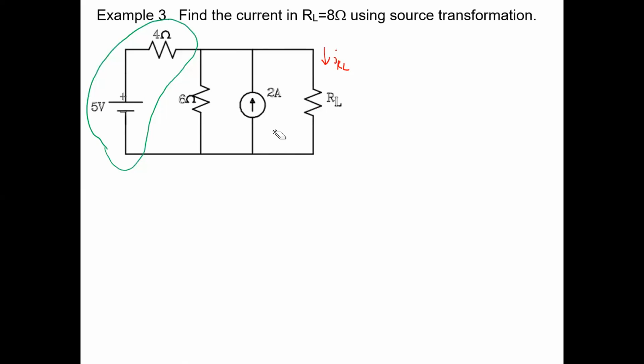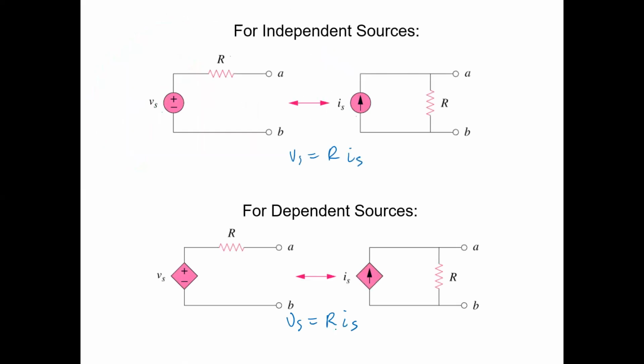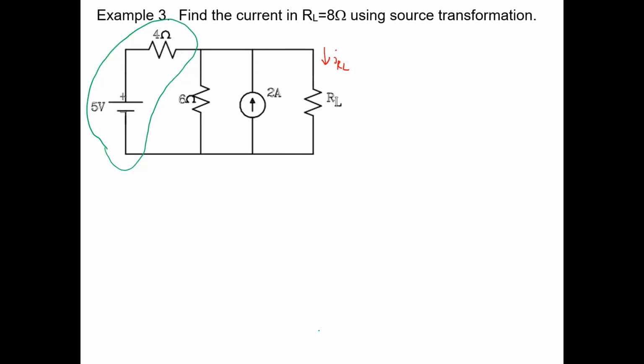But if you look at this, you can say, all right, this is a voltage source in series. So if I figure out, according to my formula here, IS equal to VS over R, I could change that to a current source in parallel with that same resistor. So if I choose an IS equal to a 5-volt battery over a 4-ohm resistor, which is basically 1.25 amps, what we're saying is that these terminals, if you call this the AB terminal